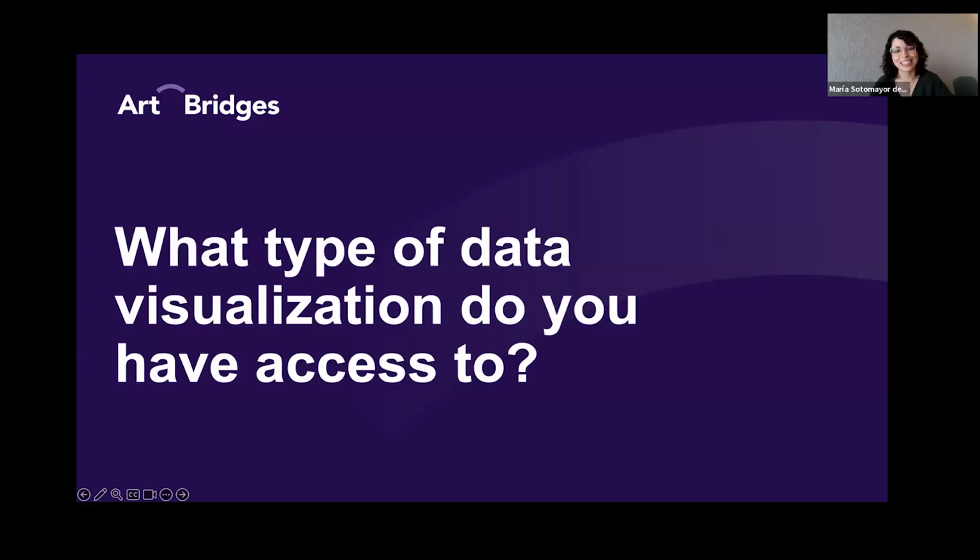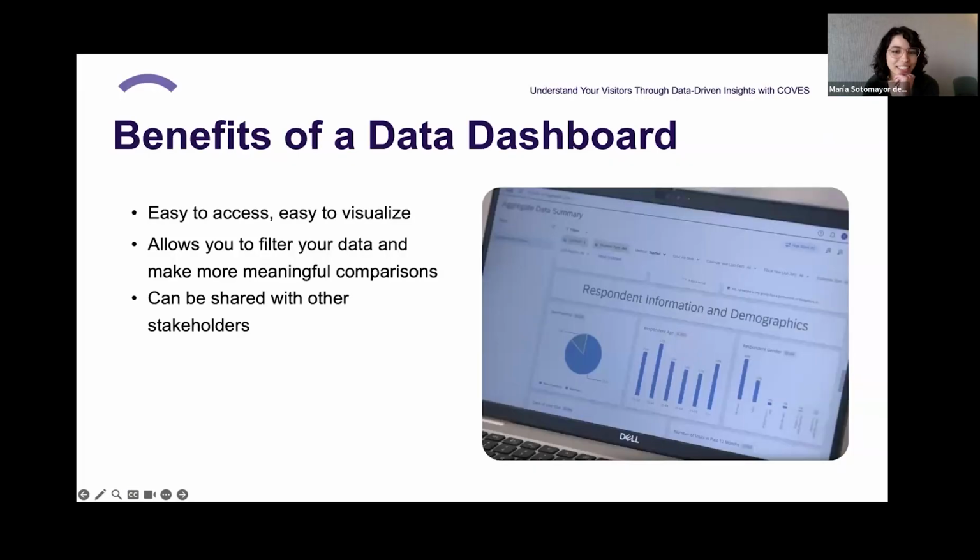Another way is through the data dashboard that COVES provides. This is a benefit that COVES sites are able to view and use after they've collected at least 100 surveys. There are a lot of benefits when it comes to a data dashboard. Just looking at the image in the next slide real quick, you can see that the data here is super easy to view.